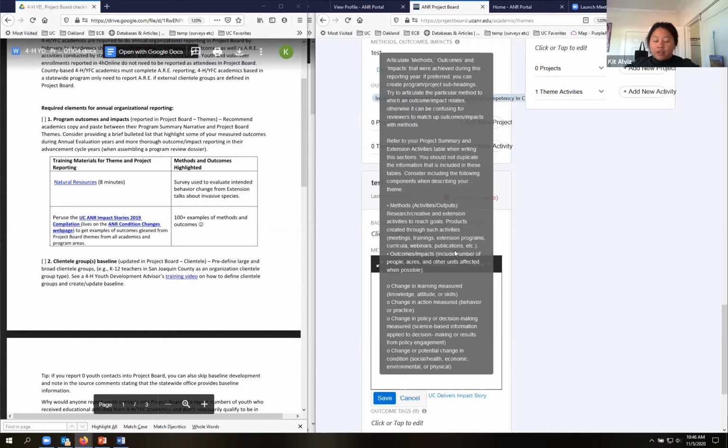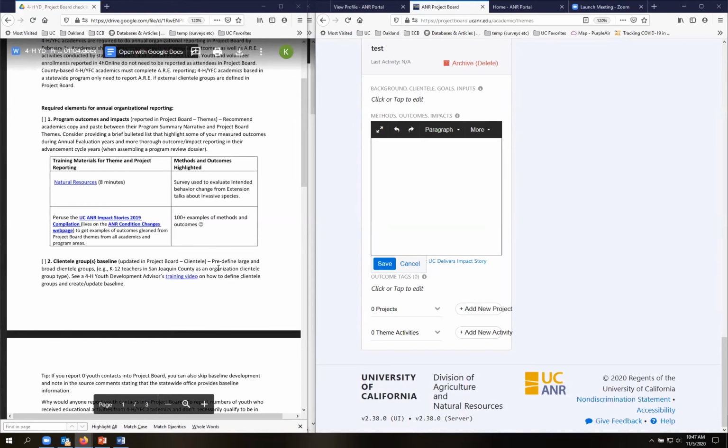Also, changes in policy or decision making, and we're getting more and more of these because I think it's a matter of communicating to us and communicating in your merit promotion the changes in policy or decision making that you contribute to. Nobody ever feels completely comfortable taking full credit for a brand new policy that got put into place, a brand new pesticide that got registered, et cetera. But I wanted to note here,